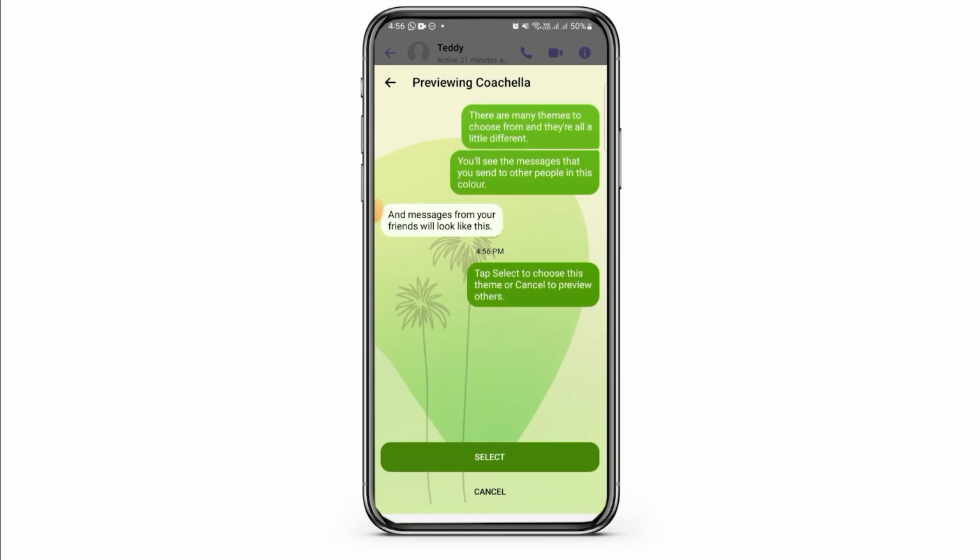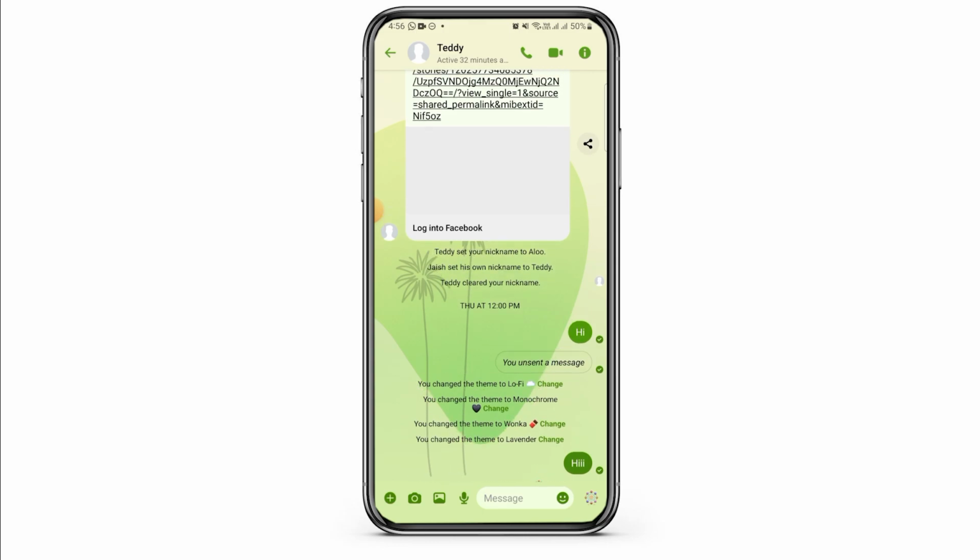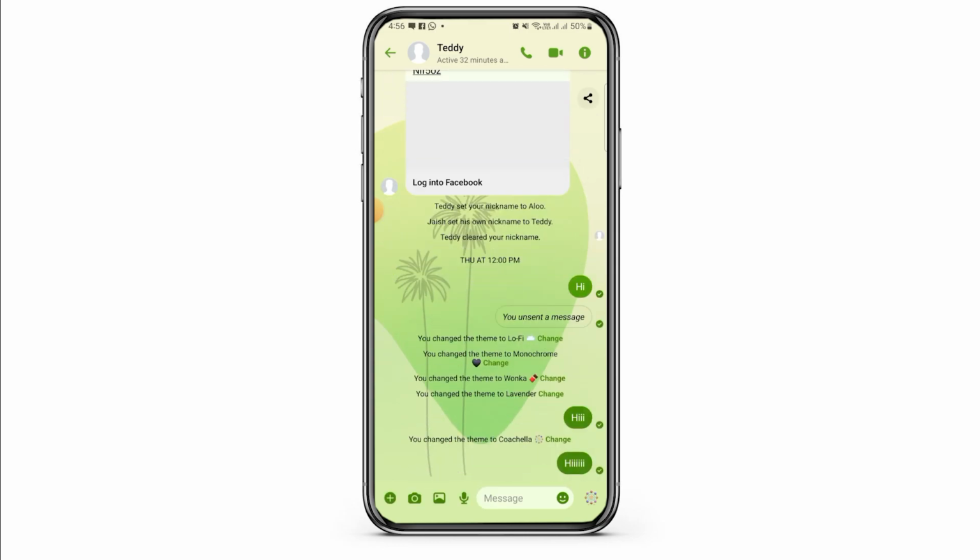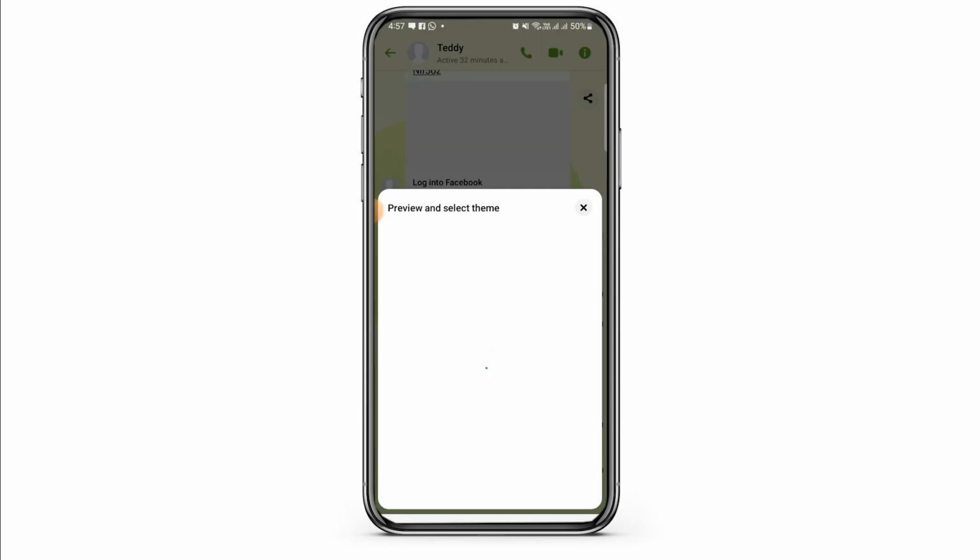Select any one you want. As you can see, the preview is over here. If this is the background color you want it to be, then tap on the select option and the entire background will change. Now, if you only want the chat bubble color to be changed, then you want to scroll